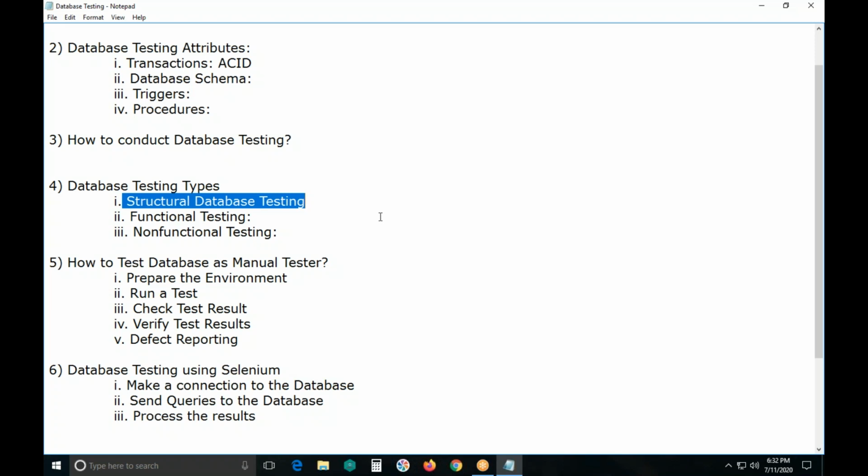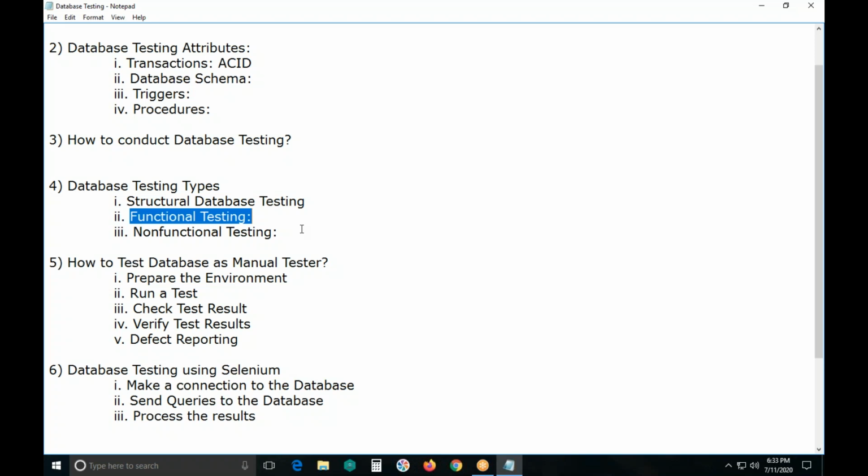Structural database testing focuses on schema or mapping testing, stored procedures and views testing, trigger testing, tables and columns testing, and database server check. Next, functional testing.